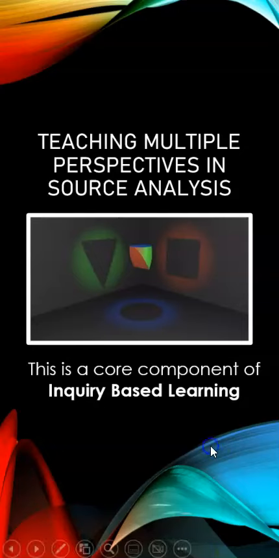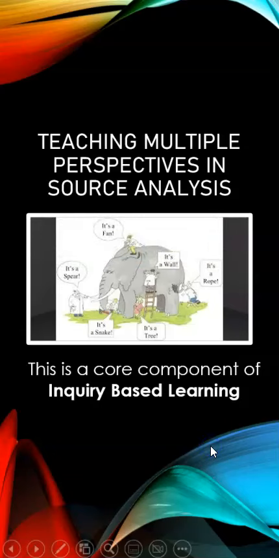So if we look at a couple examples here to highlight why it's so important, we have this picture of an elephant and then multiple people looking at it from a different perspective, a different area. And because of the perspective that they're looking at, they're identifying different aspects. So like one is saying that it is a snake, another a tree or a rope, just based on where they're at. And when we're teaching government, we're teaching any social studies class, it's important to know that you're only